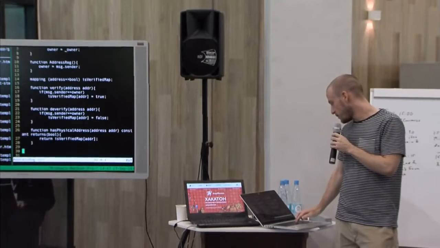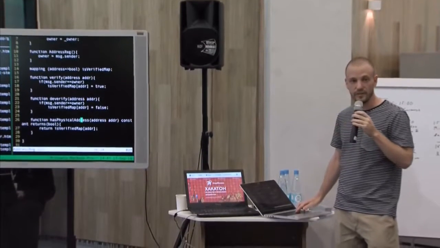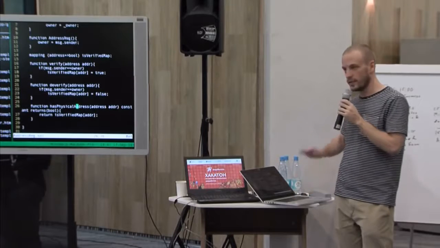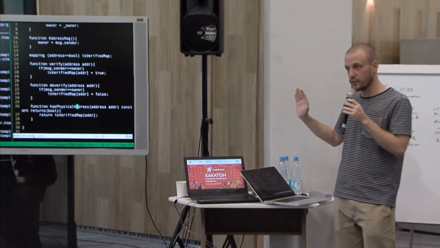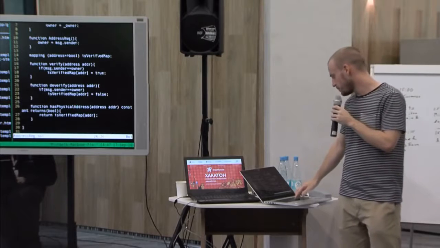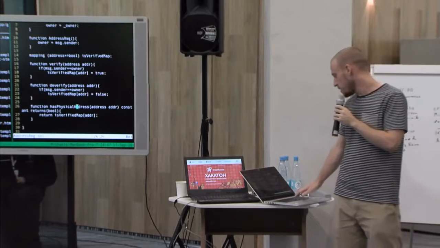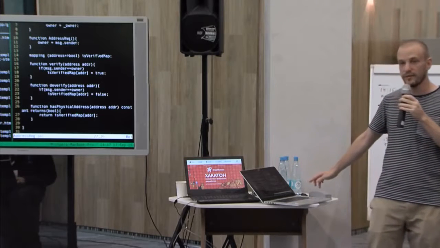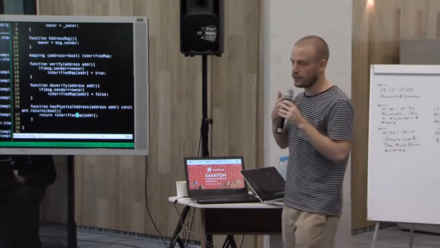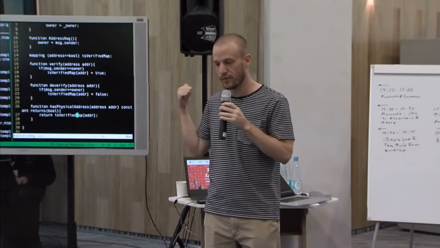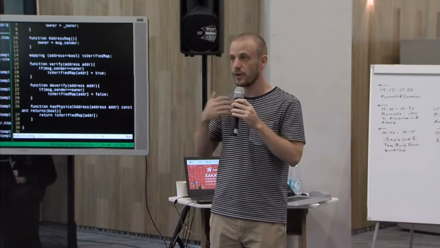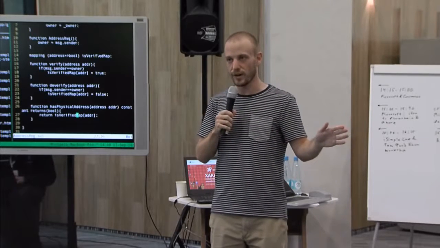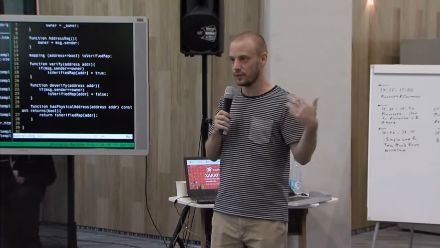And then the final function we have is a public function. You don't have to be the owner of the contract to use this one. It's just a read-only function. You're not modifying, you're just reading. It's called hasPhysicalAddress. You provide an address as the argument, and then we return the value that maps to the key in our isVerified map. So if my address is verified and I call that function, providing my address as the argument, it'll return true. Otherwise, it returns false. This is a very simple API, or a very simple smart contract that provides a service which will never go offline.